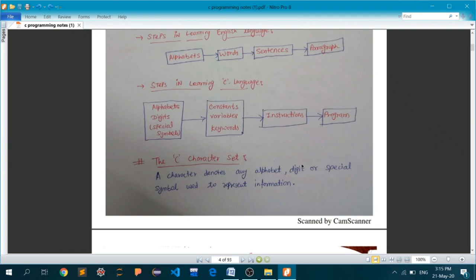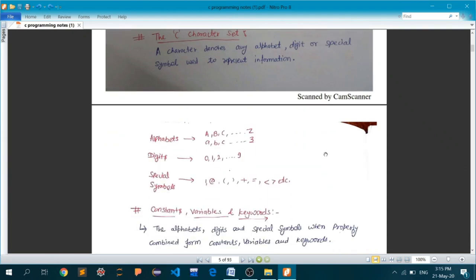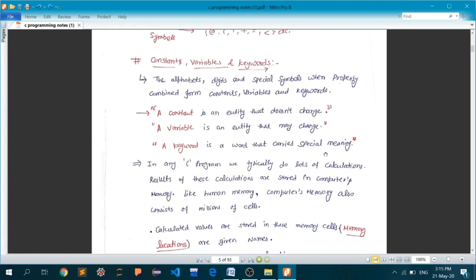And a number of instructions in a synchronized or logical order will form a program or an application or code, and that code will perform some specific task. So this is how you can relate learning the English language to learning the C language. Okay, I think we are done with this.